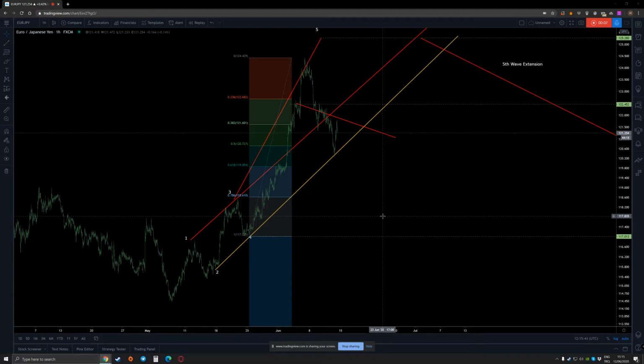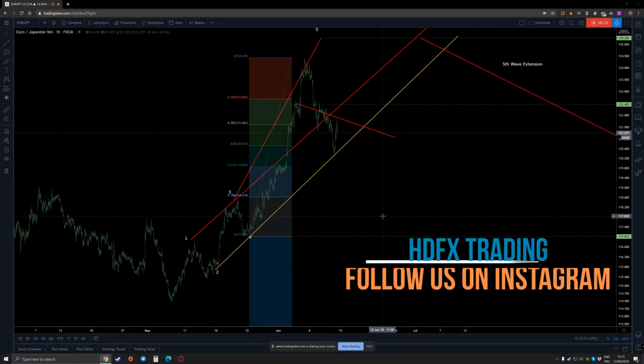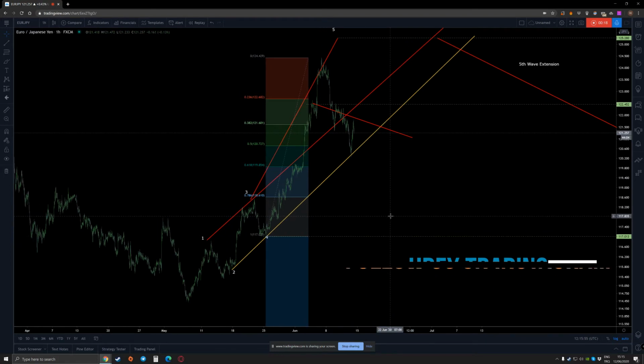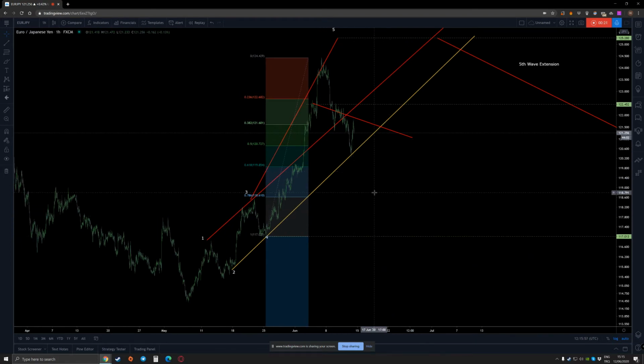Now if you remember, I did a video about a fifth wave extension in this pair. If it does look like a fifth wave extension, what does this price have to do? Well,